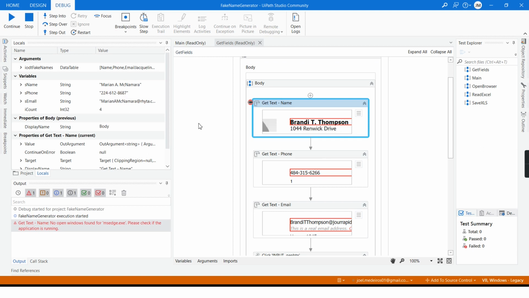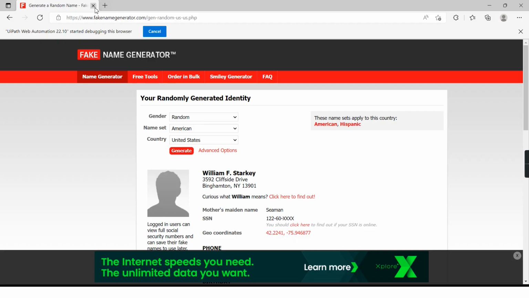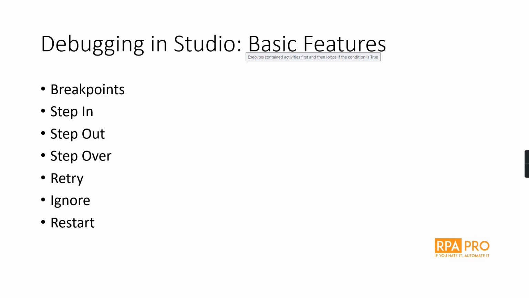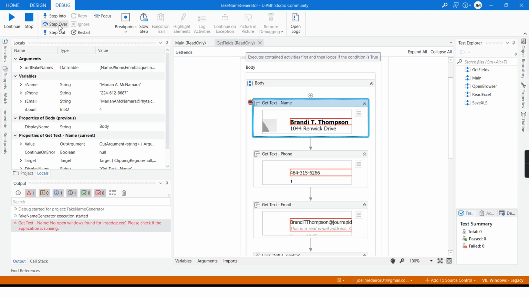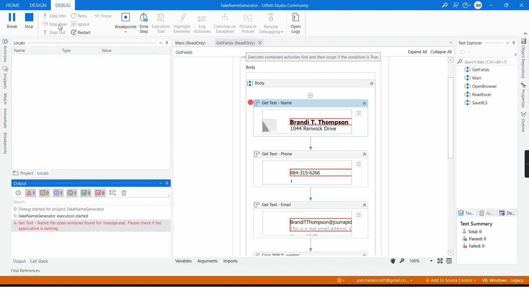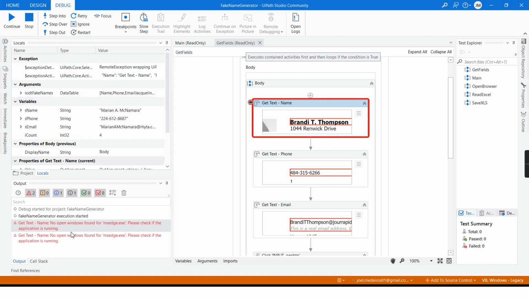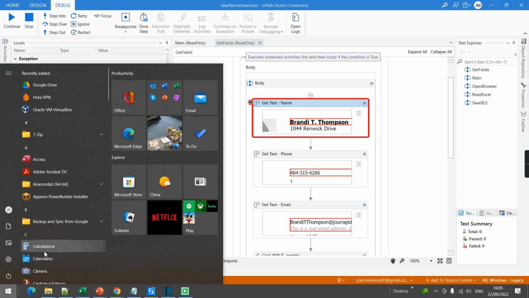All right, now I will close again the browser. And I will retry. And I will step over again. It will cause another error. I see the second error here. It is the same that we got before. Now I'm going to open the browser once again.